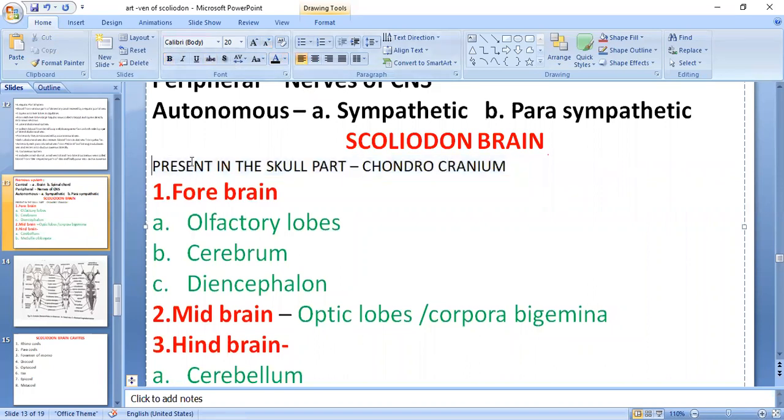So that is called chondrocranium. Right. So here,